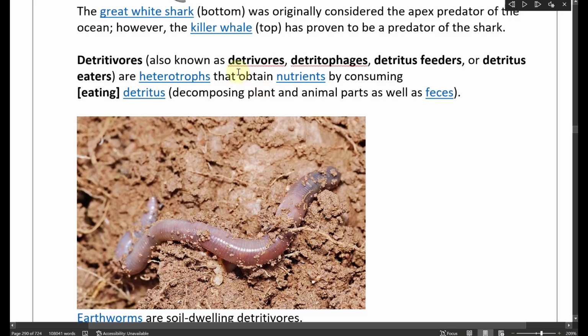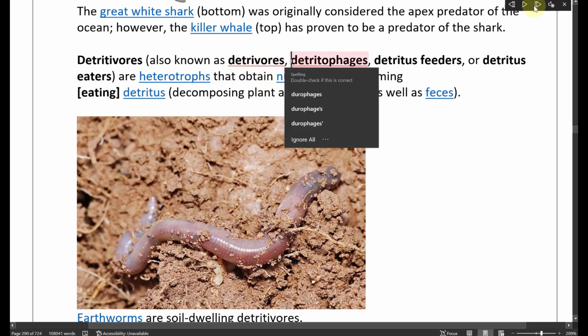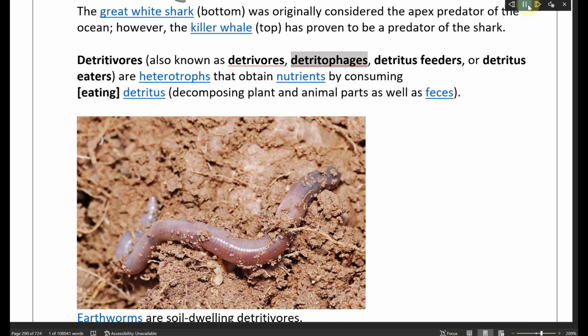Detritivores, or detritus feeders, or detritus eaters. So let's go back to the first one, detritivores. These other terms you could use for them are heterotrophs that obtain